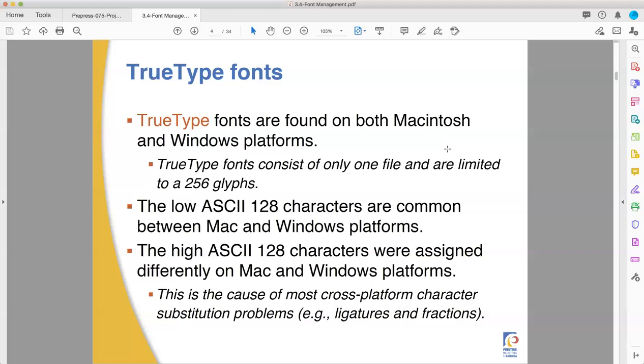What this means is when you're using these if you're using a TrueType font and you're switching between Mac and Windows, so long as you're only using the normal 26 letters that everybody recognizes from the alphabet song growing up in English, and numbers 1 through 9 in basic punctuation, you shouldn't notice a difference. But